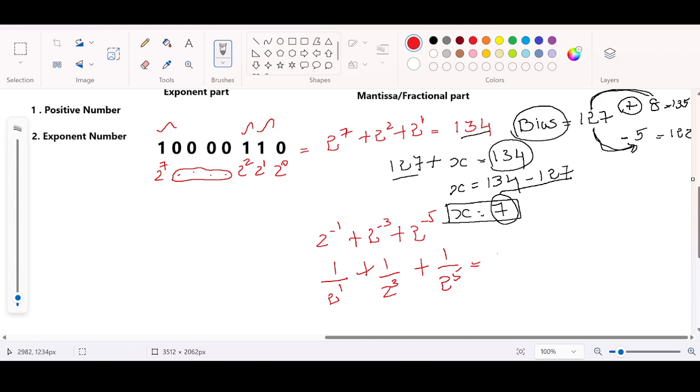After the evaluation, you get 1 by 2 plus 1 by 8 plus 1 by 32, no? 2 to the power of 5. 1 by 2 is going to give us 0.5 plus 1 by 8 is going to give us 0.625, right? And 1 by 32 is going to give us